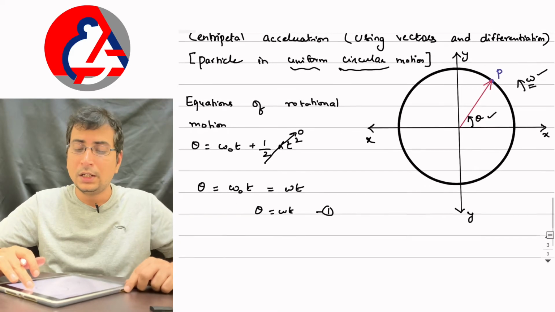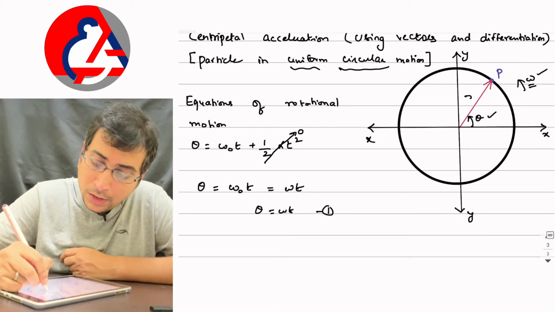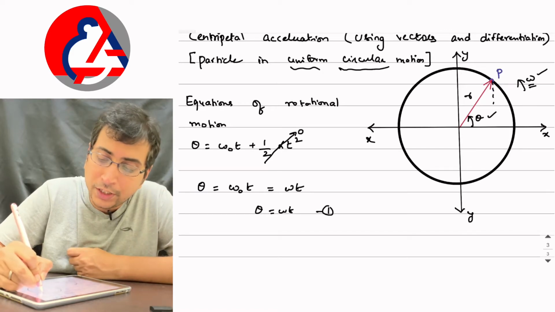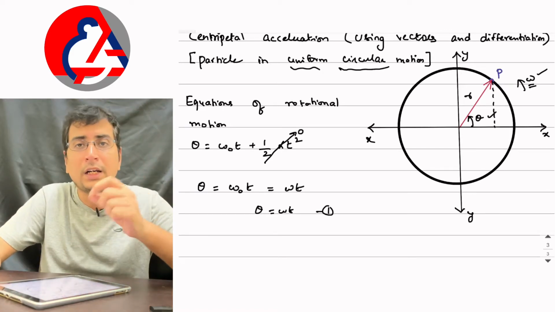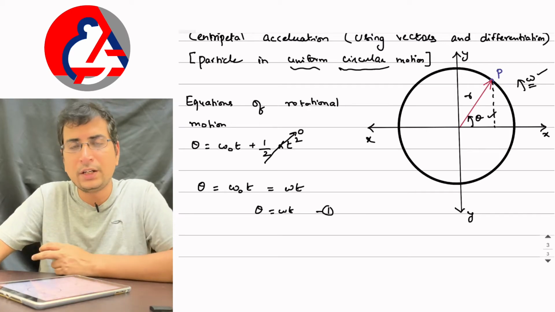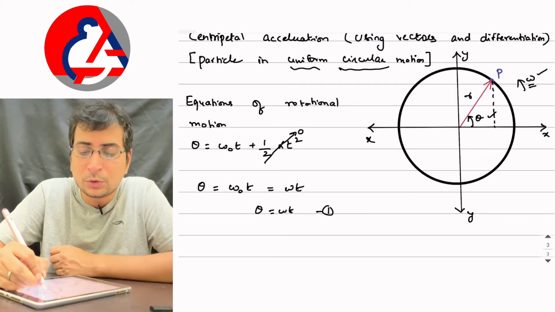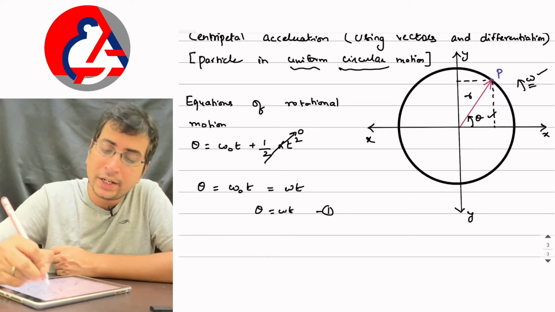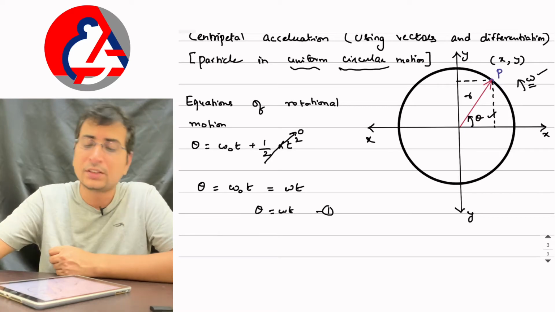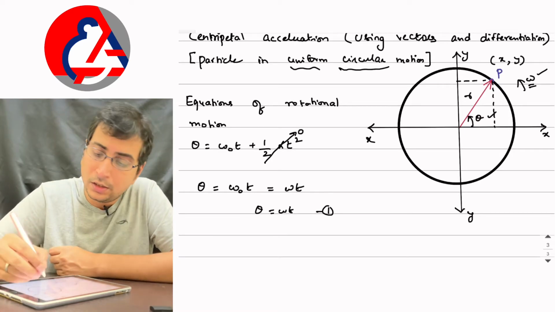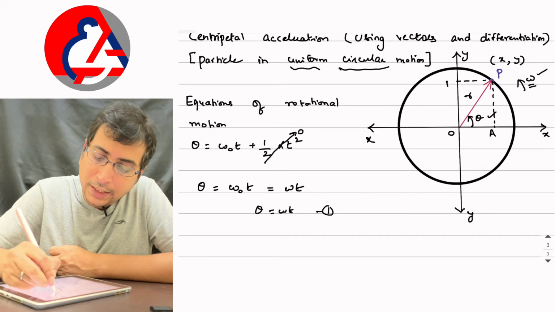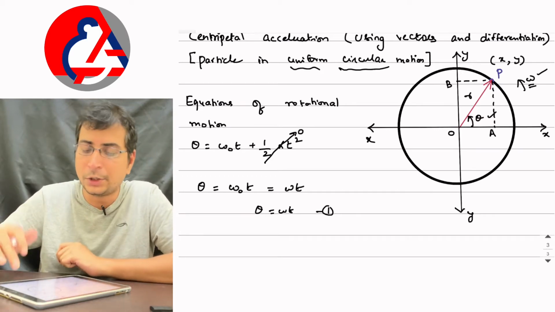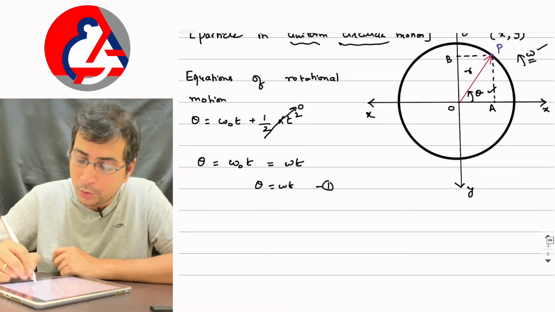Now the second part is, if we take the radius of the circular track to be r, we are going to find the coordinates of the point P in terms of r and theta. So if we need to find such thing, what we need to do is drop a perpendicular from point P onto the x-axis, similarly onto the y-axis, so that the point P has the coordinates x comma y. So remember, wherever angles and distances are involved, the best method to solve it is using trigonometry. So when you need trigonometry, you need to look for a right angle triangle.